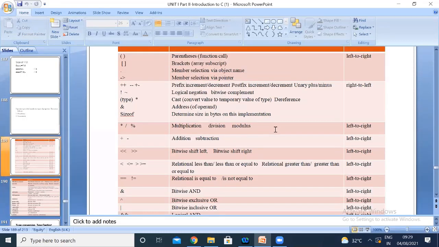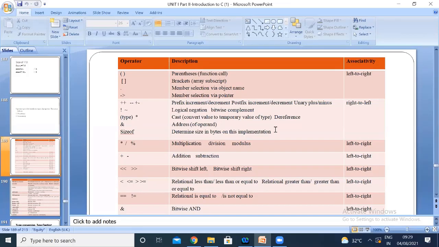Next one is operator precedence and associativity. Precedence means, I think in your childhood you had learned the BODMAS rule, no? What is the use of this BODMAS rule? Priority, ma'am. Yes, the sequence of priority you are giving. In the same way here also in C, if we have an expression containing so many operators, which operator has to be executed first? So now we'll try to understand our precedence.